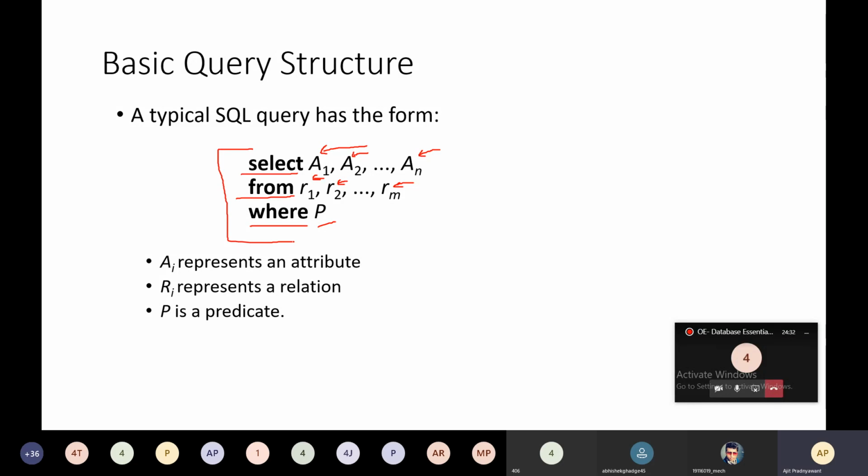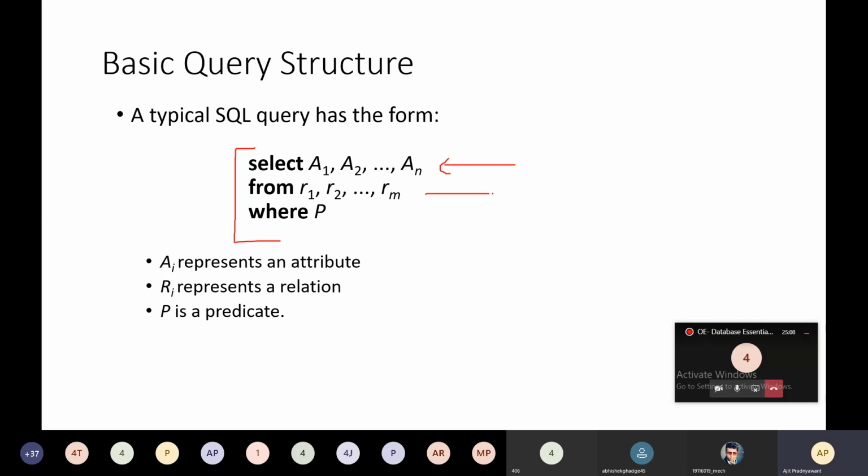Select, from, where. This will help you to retrieve the data as per your requirement from the database system. Here, Ai represents the attribute, Ri represents the relation, and P represents the predicate. In the select, you can mention attributes.